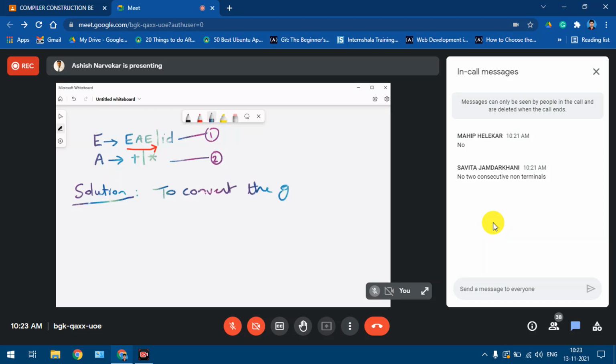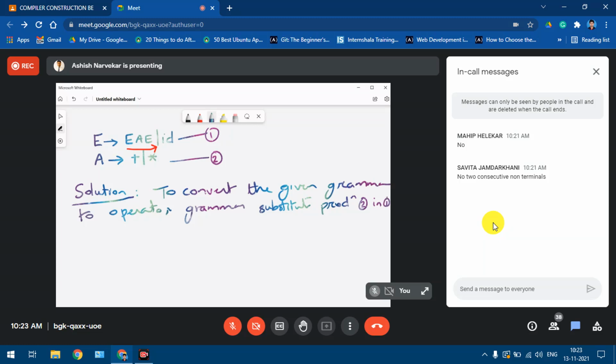the given grammar to operator grammar, substitute production 2 in 1.